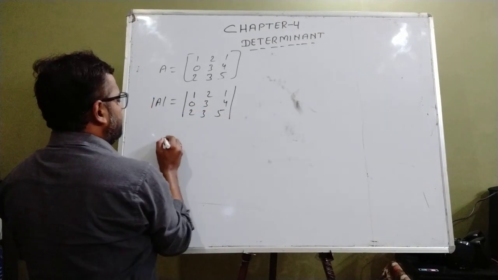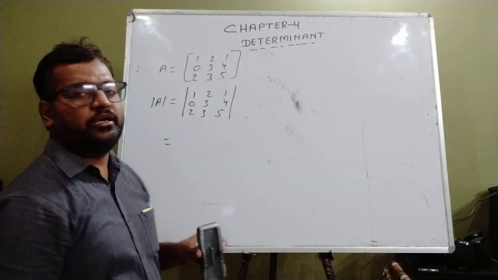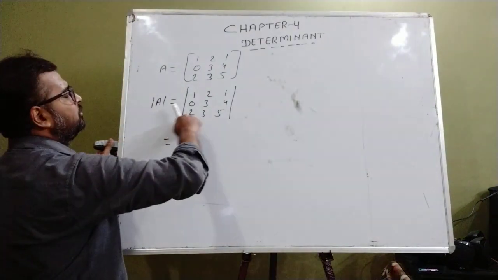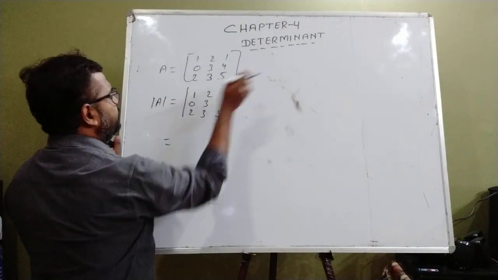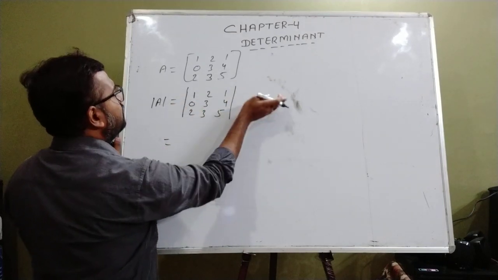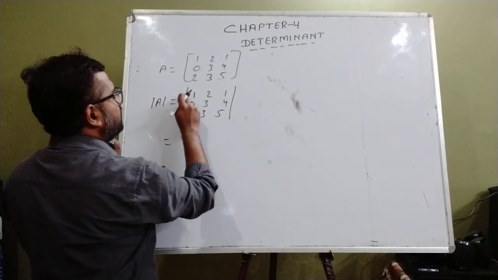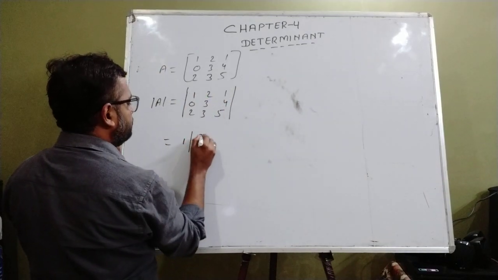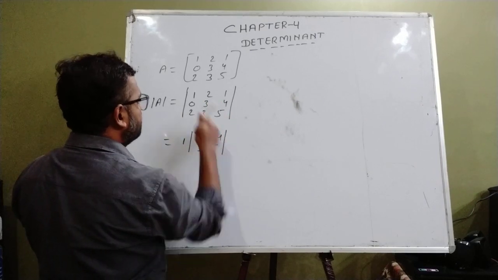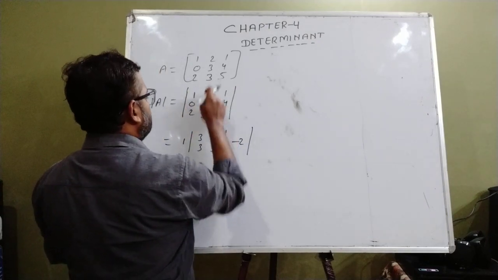I told you the determinant of a square matrix can be calculated by expanding through any row or any column. Suppose one by one we will check. Suppose I am expanding through the first row, as we have just seen in the previous example. If we are taking 1, delete this row and this column. What will be left here? The submatrix formed is 3, 4, 3, 5. The sign of the next element is minus, for 2. This will be cancelled and this will be cancelled.